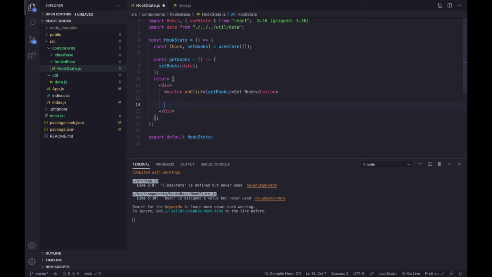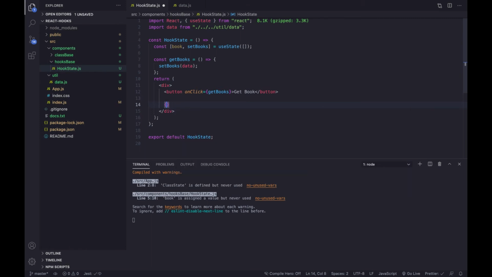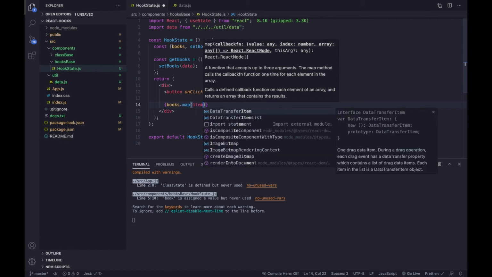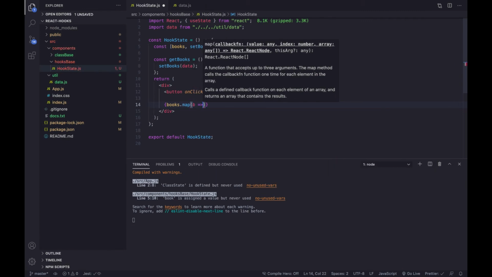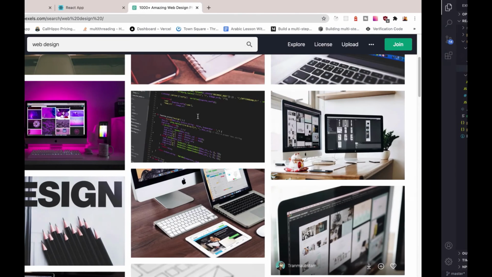So now here we can go ahead and render these books. So what I will do, I will for example say books. Sorry, here should be books but not book. I'm just gonna say books dot map, and for each item, or for each book, we will add an h3 and we will render, for example, the price or the name. So book dot, I guess we call it name, I'm not sure, I don't remember, but it should render something here